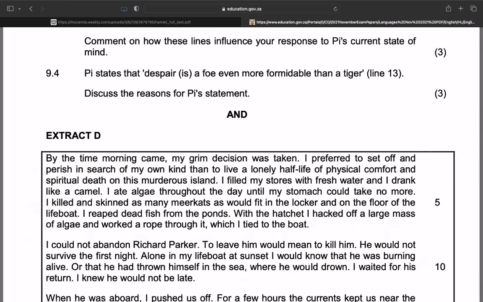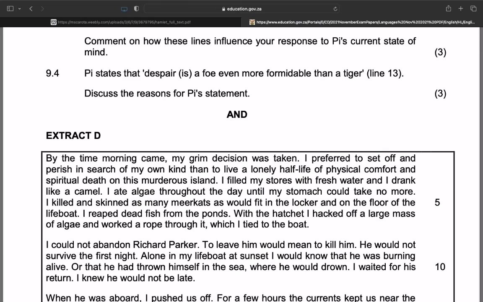But Pi was able to adapt. So you need to speak about his state of despair, losing his family, being alone, experiencing adverse conditions, playing a part in the death of the blind Frenchman, going against his sense of morality. So, for example, Pi is a vegetarian, but he had to forego that because of his ordeal. He drank the blood of the turtle and he ate fish constantly, foregoing his sense of morality in order to survive. And this also brought despair.